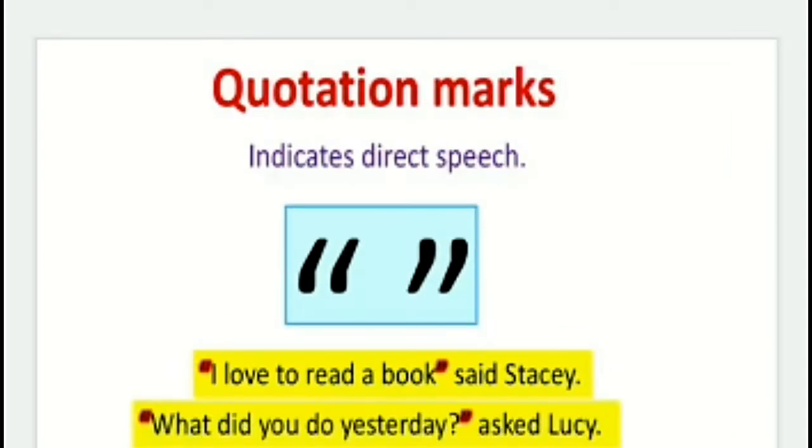The other example, what did you do yesterday? Asked Lizzie. So what did you do yesterday? In this sentence, double quotation marks are there, and then a question mark is also there. Asked Lucy, that's a full stop. There is one sentence, and 3 punctuation marks are used in that sentence. And then next,